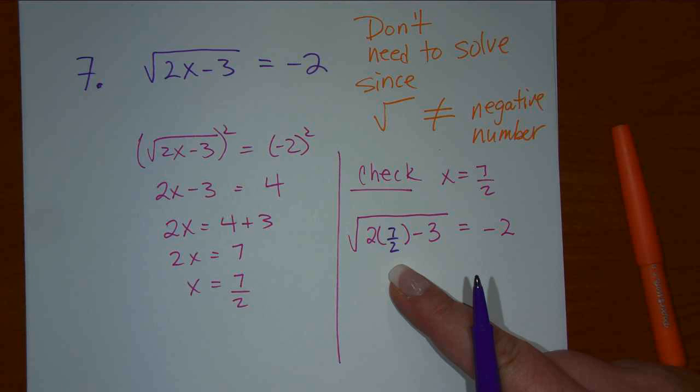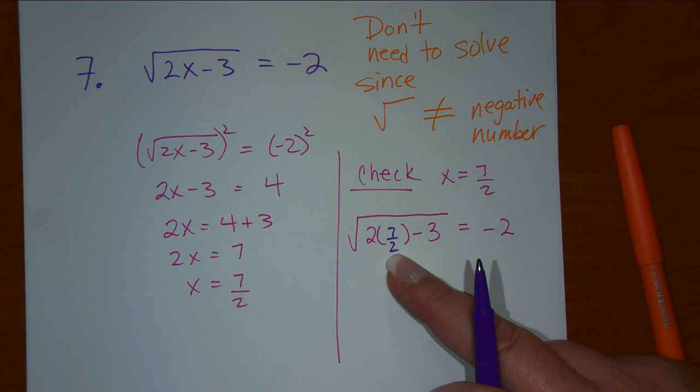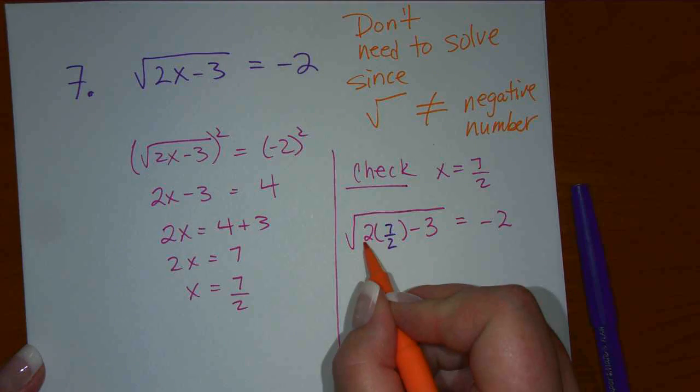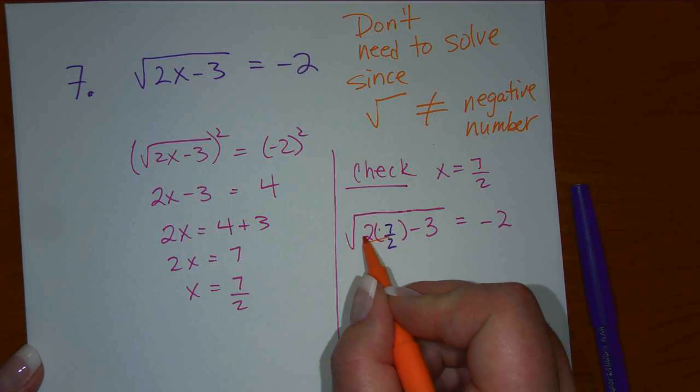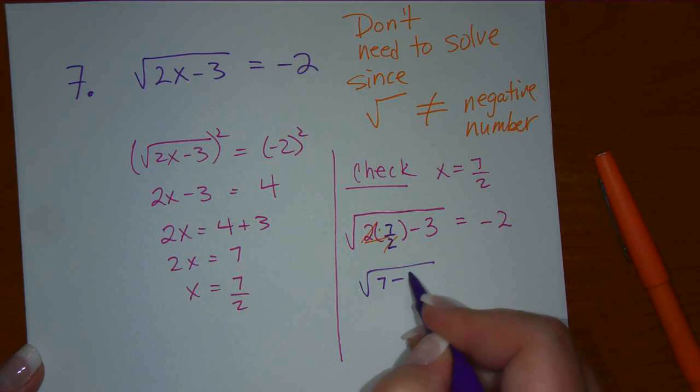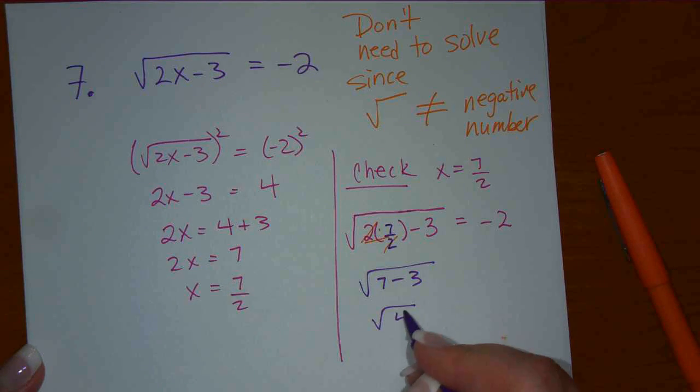Okay, that's one, it's true, 14 over 2, but I said it's a good one because I'm not going to do it the normal way. What am I going to do? Cancel the 2. I said always look for that first. You might have forgotten that I said that, but this is like a big fraction, 2 times 7, and there's a 2 on top and bottom. So this is actually 7 minus 3, which is 4, and root 4 is